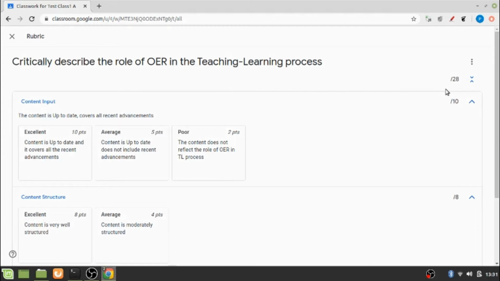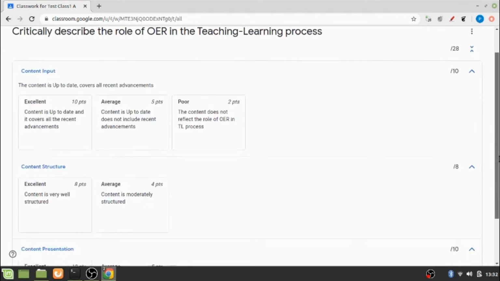It is not necessary that if you have the assignment for 20 marks, the rubric has to be confined to 20 marks only. It is not like that. You can use your rubrics as per your need, and after evaluating the assignment, you can give grades achieved by the learners, by the student, as per the rubric metric.